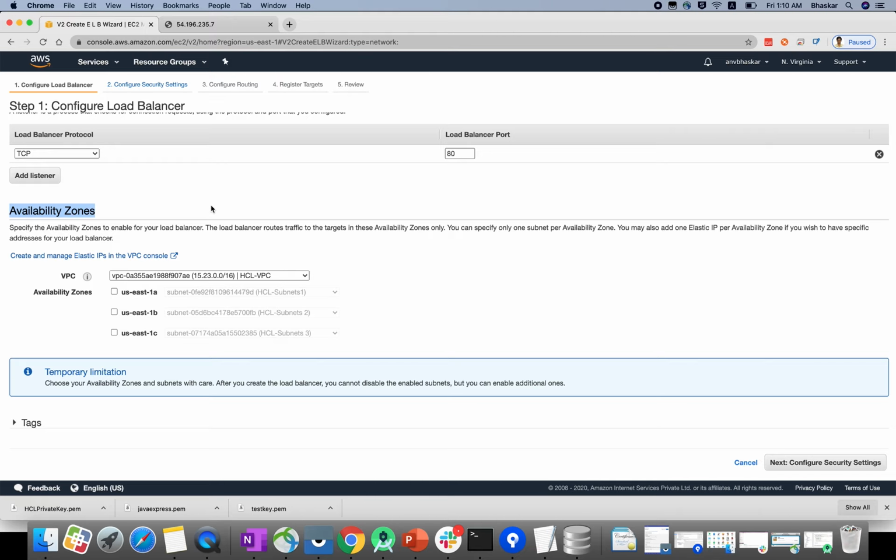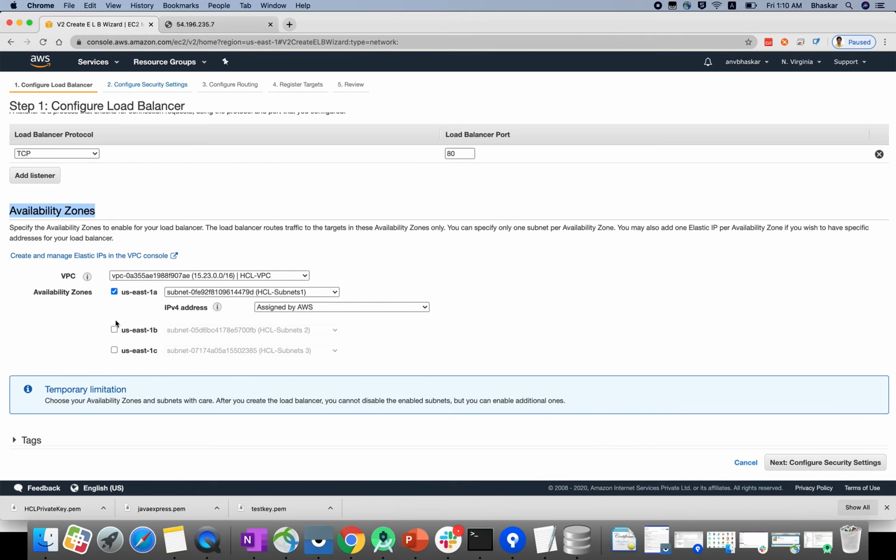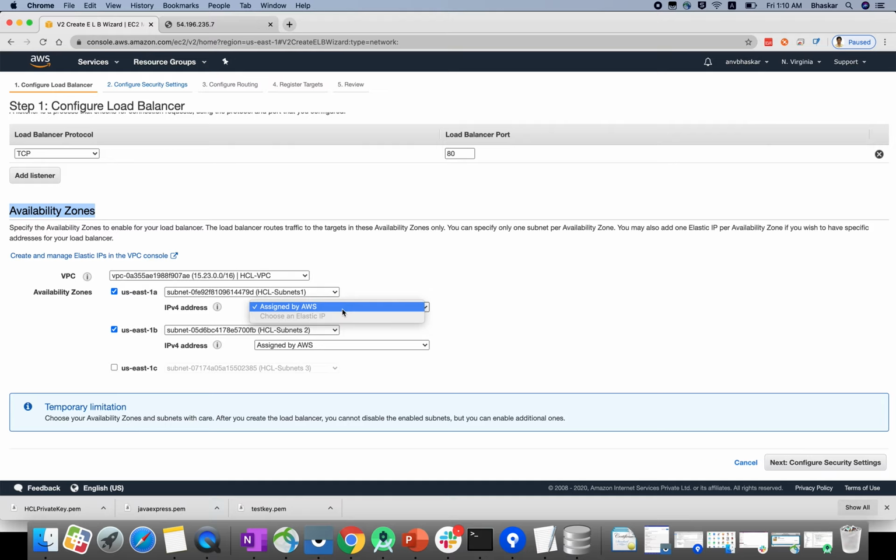If you add only 1A and 1B, as of now we created one web server in 1A and one more web server in 1B, 2 web servers. Now if you create the load balancer, and in future you want to create web server 3 in 1C, you can't edit this part. This is the drawback. It's not really a drawback, this is the behavior of the network load balancer.